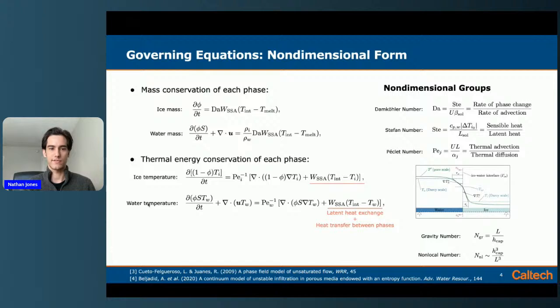The energy conservation of each phase, again, are these familiar advection diffusion reaction equations, which now we can introduce the Péclet number here. And our flow velocity is based on this unsaturated phase field model. Phase field model of unsaturated flow from these two references here, in which this is a natural extension of the Richards equation by doing a second gradient extension of the capillary pressure curve. But really, that's it. The main purpose of this slide is to sort of highlight what relevant non-dimensional groups there are once I talk about analysis.